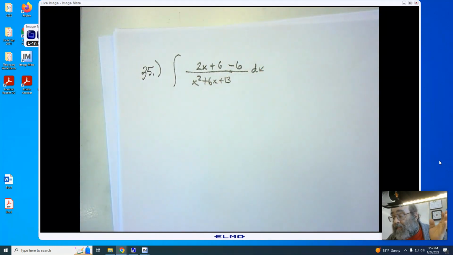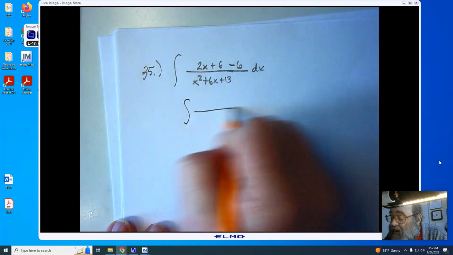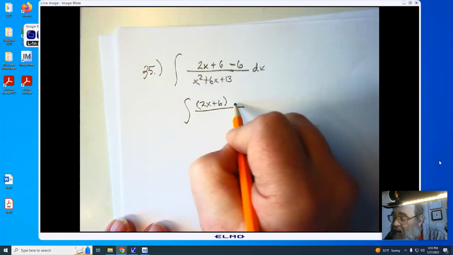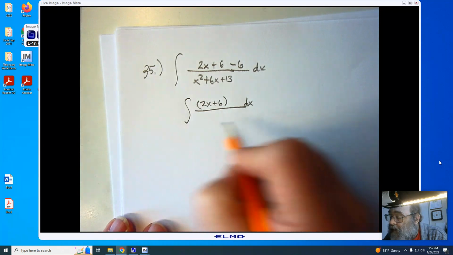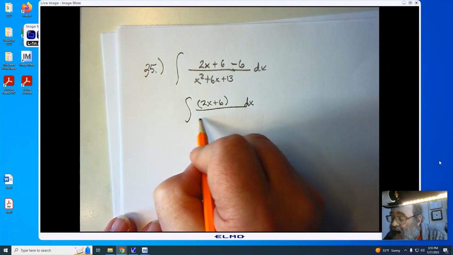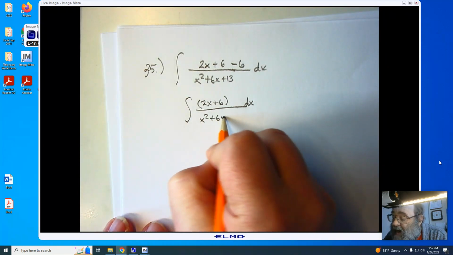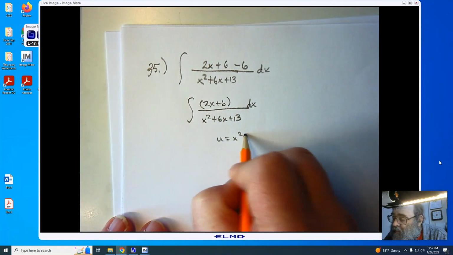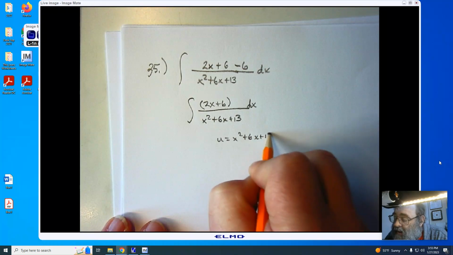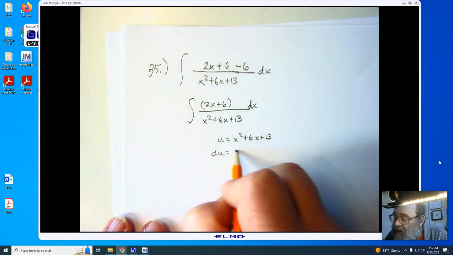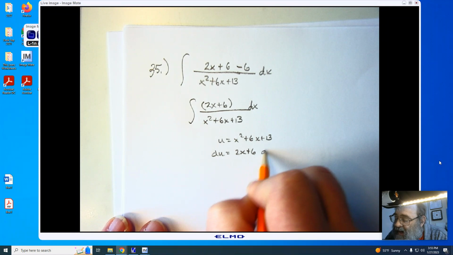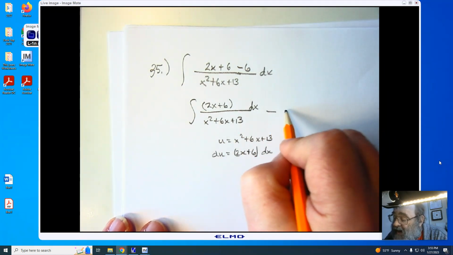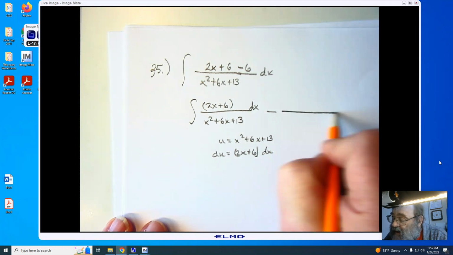I'm going to have to break this up into 2 now. I have the integration of the 2x plus 6 dx, and there went my lights. And I have my x squared plus 6x plus 13. If I let u equal x squared plus 6x plus 13, then my du is going to be 2x plus 6 dx, and that's what I have in the numerator. We then have a second piece,